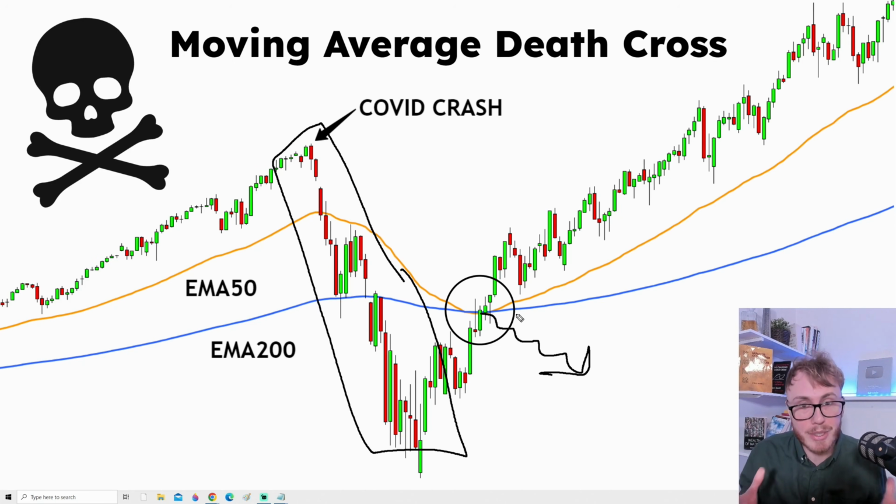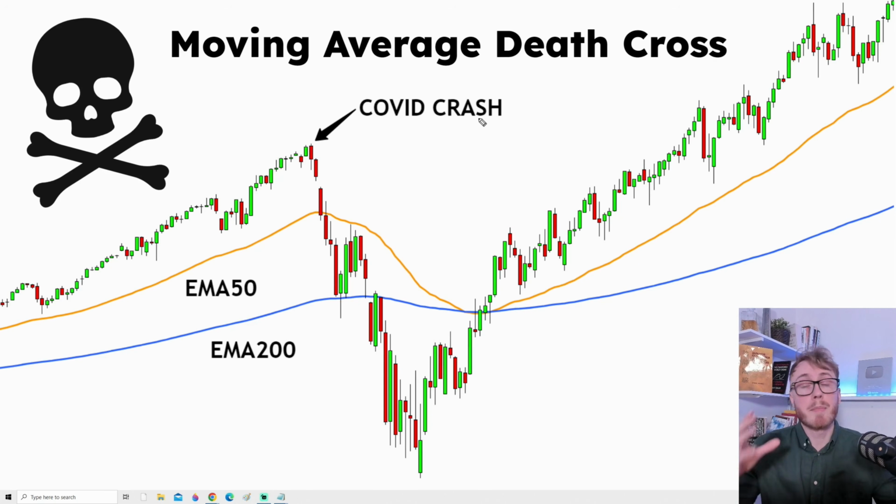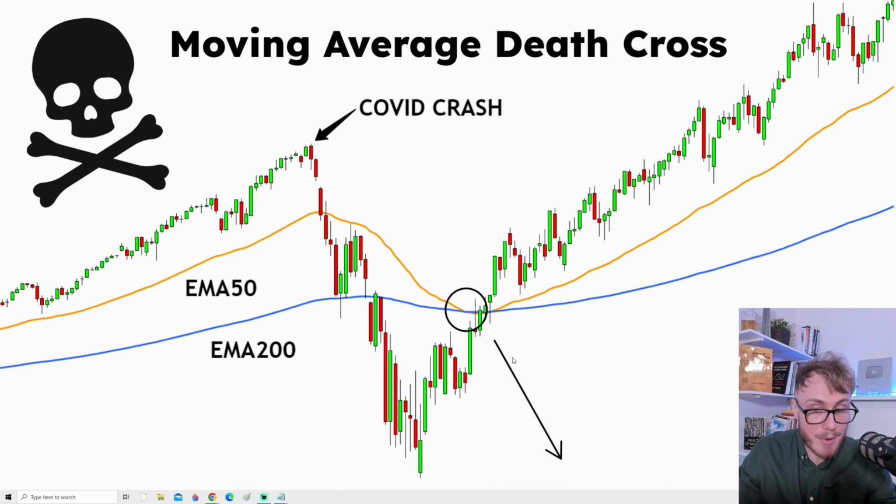And the other reason why I don't really like the death cross is because they will provide many false signals. For example, in this case, you can see that the cross happened right here. And as I said, this is a bearish signal. But after this point, what happened? Well, this was actually the moment where the price started to just push higher and higher and higher in a